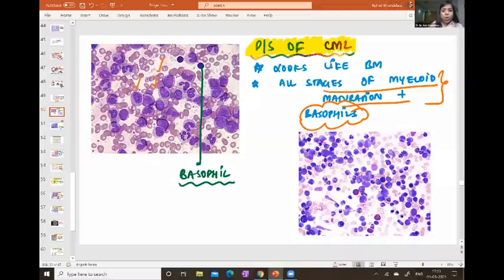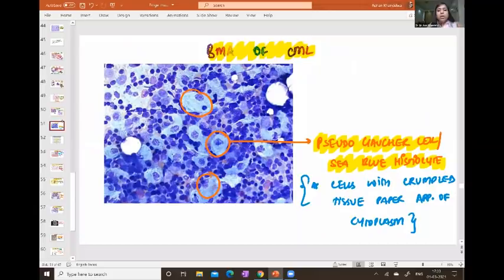Next, also students, when we do a bone marrow aspirate in case of a CML, what I see is a pseudo Gaucher cell, right? Can you appreciate this cell? The cytoplasm of this cell appears like wrinkled tissue paper. So this has a wrinkled tissue paper appearance of cytoplasm. That is why it is called a pseudo Gaucher cell. This is not seen in Gaucher's disease. This is seen in CML. This image is not going to be asked to you, just to complete all the images, right?